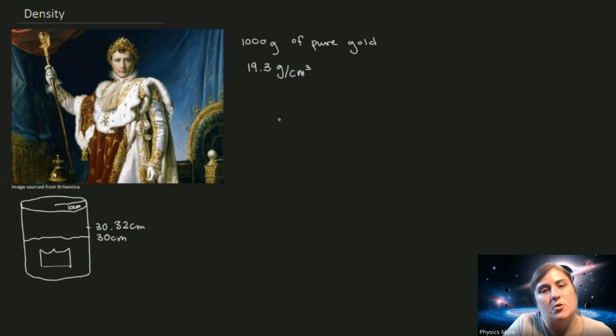From the density equation, we use the Greek letter rho. That's just the letter we use to denote density. It is equal to the mass divided by the volume of a substance. So in this case, I'm going to solve this for the volume by multiplying the volume to both sides and dividing by the density. Or a shortcut is these two can swap places. I get that the volume of a substance is equal to its mass divided by its density,